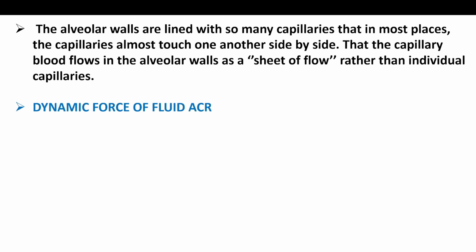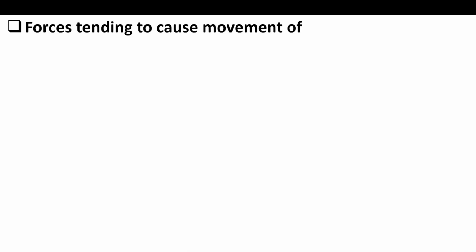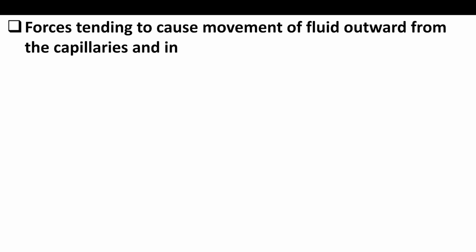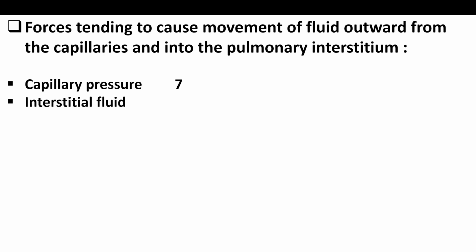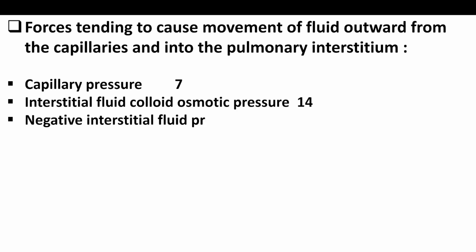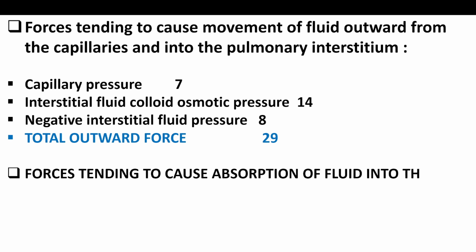Dynamic forces of fluid across the pulmonary capillary. Forces tending to cause movement of fluid outward from the capillaries and into the pulmonary interstitium: capillary pressure 7, interstitial fluid colloid osmotic pressure 14, negative interstitial fluid pressure 8, total outward force 29. Forces tending to cause absorption of fluid into the capillaries: